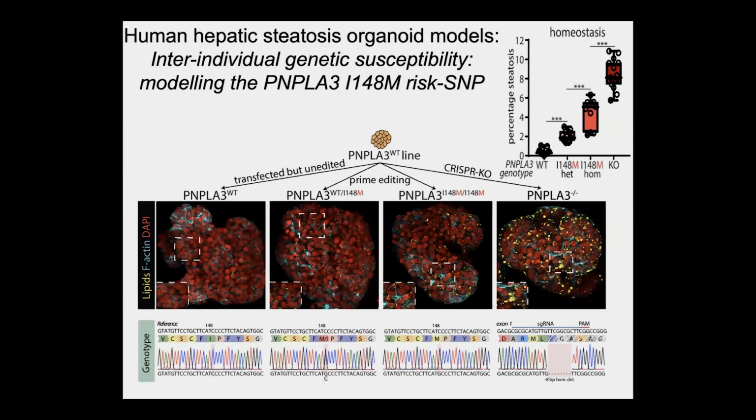A lot of genetic studies have been done on MASH, as it's now called, NAFLD. Many risk genes have been found, but often it's not known exactly what the risk gene does. So is a risk allele actually helping or endangering the patient? One of the most frequently found hits is PNPLA3, a gene of relatively